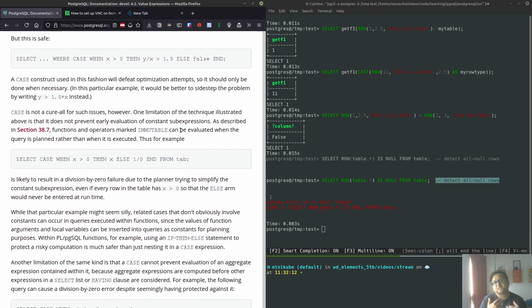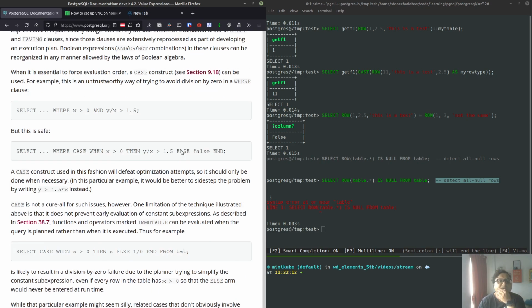A CASE construct used in this fashion, right? So this is saying, when it is essential to force evaluation order, a CASE construct can be used. For example, this is an untrustworthy way of trying to avoid division by zero in a WHERE clause: select something where x > 0 and y/x > 1.5. But this is safe: select something where case when x > 0, then y/x